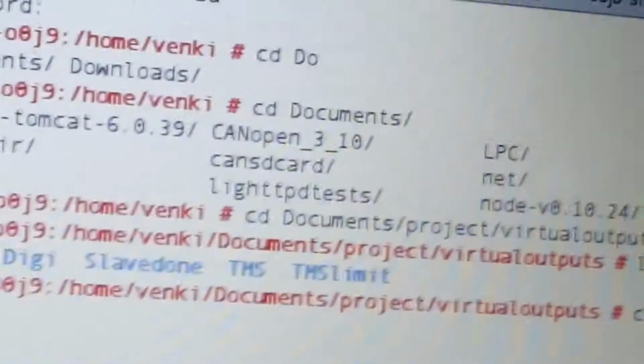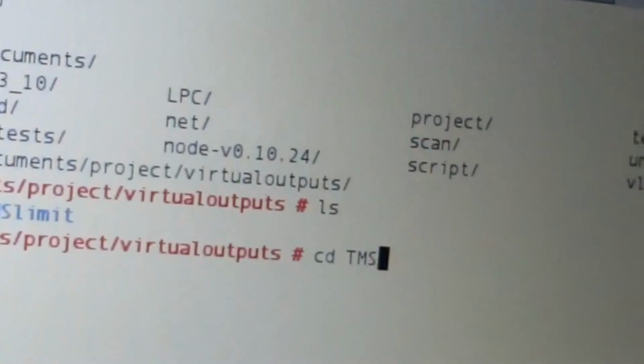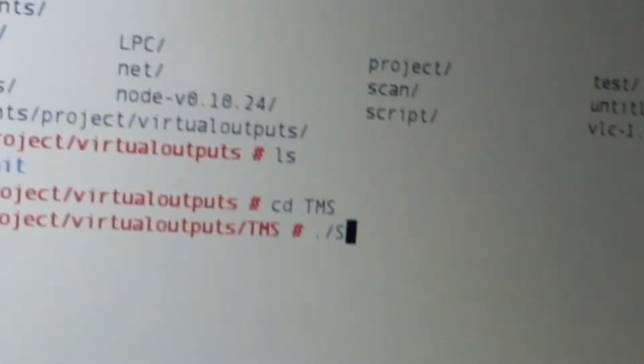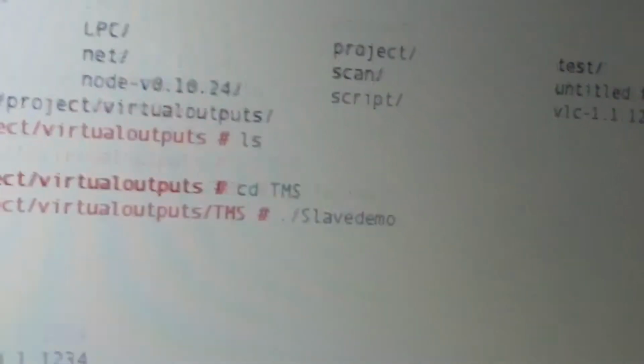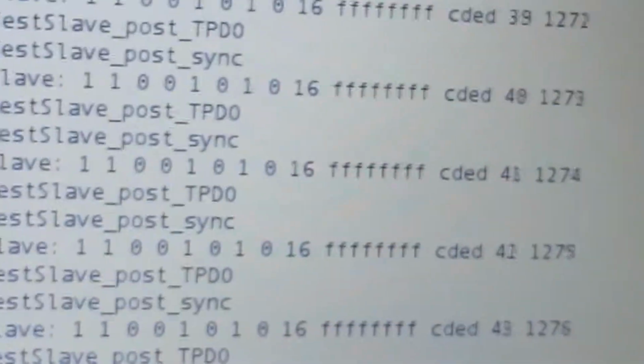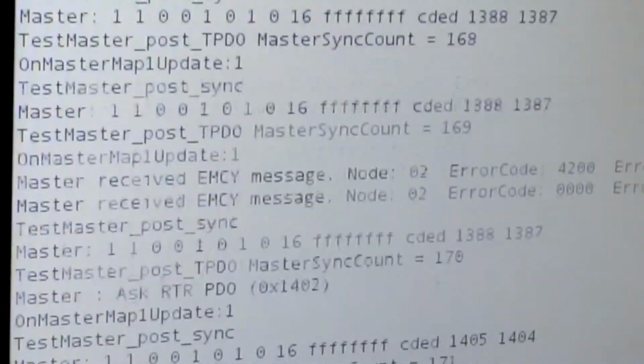Once we initialize the slave code also, then the data will be communicated between both. As it is done, now both are communicating. This is for different processes.